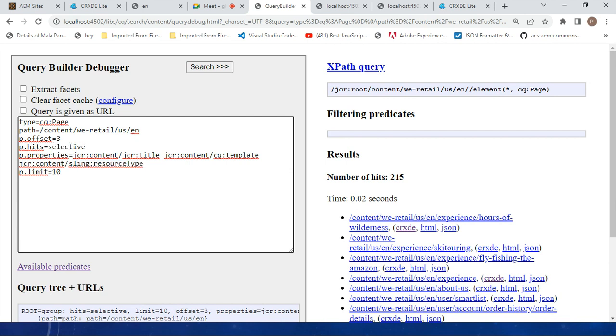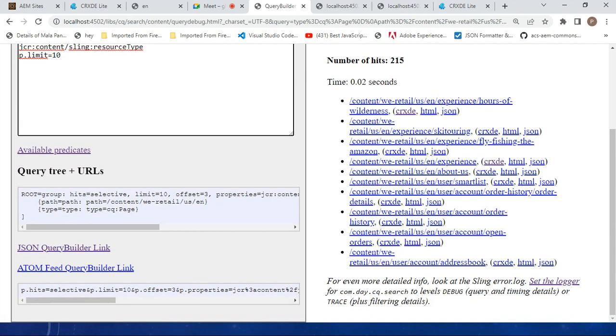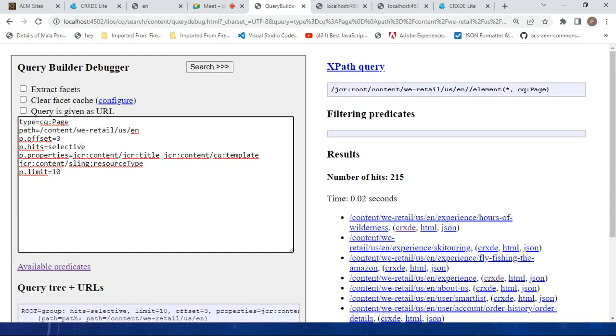That is done. Now at the last, consider you want to order these pages in ascending order. That means these are the pages you want to maintain in ascending order. For that we have to use order by. Here we have one precedence, we have to use it. So that is order by. How can we use it? Here we have order by, and what you want to order by. So I just want to select the,